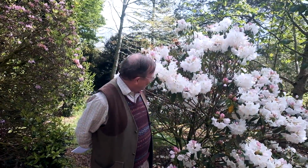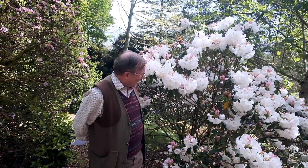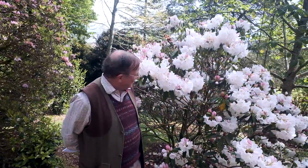And all loderi rhododendrons have extraordinary scent. They all are somewhat pink in bud, opening white. They are different, but those characteristics are much the same in the 5 or 6 that we're going to look at today. And this is loderi Pink Diamond,